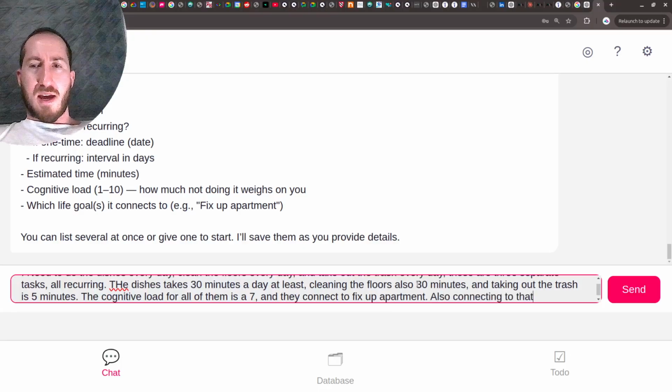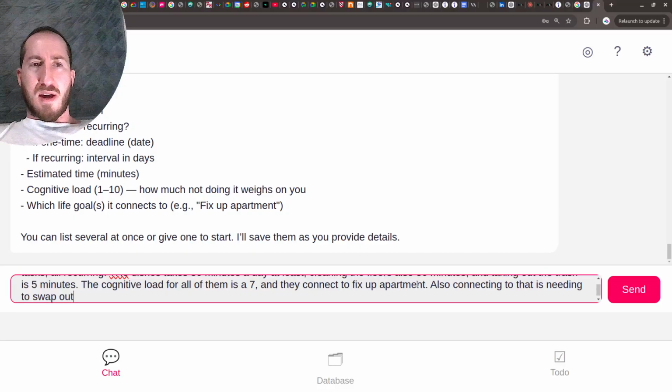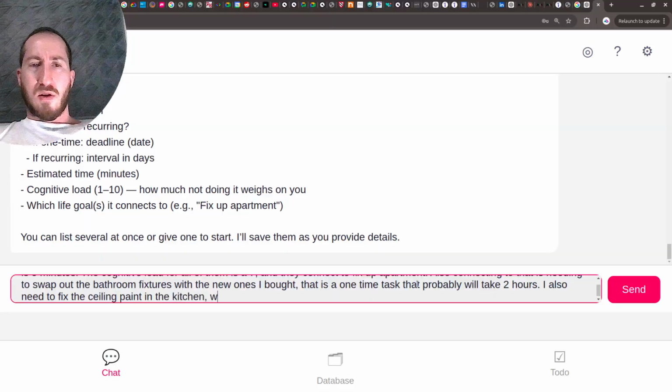Also connecting to that is needing to swap out the bathroom fixtures with the new ones I bought. That is a one-time task that probably will take 2 hours. I also need to fix ceiling paint in the kitchen, which requires